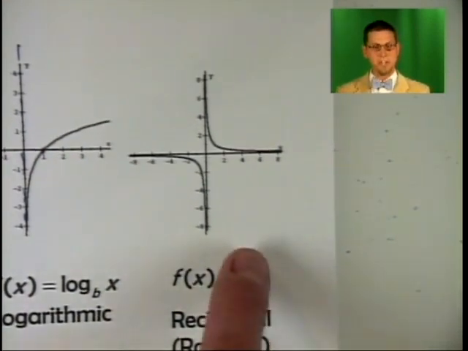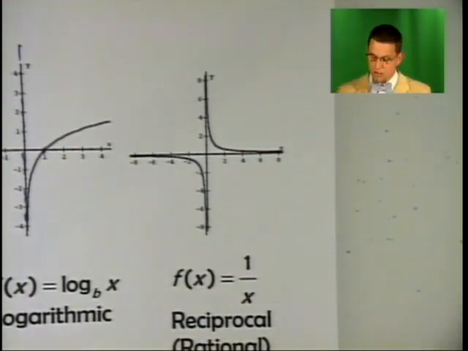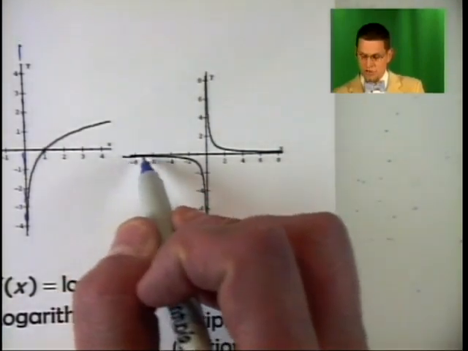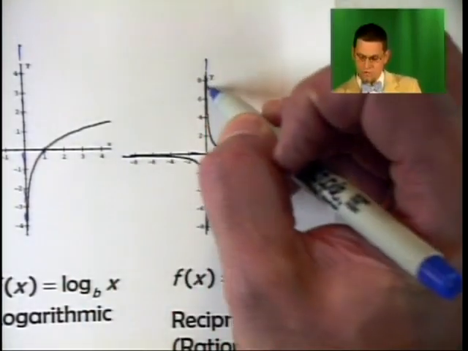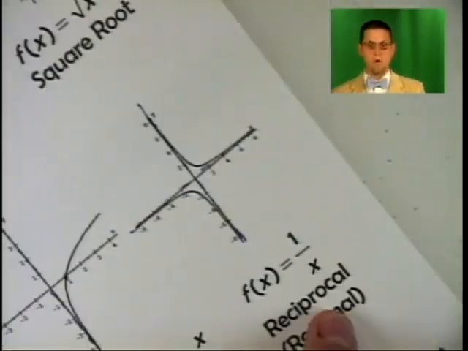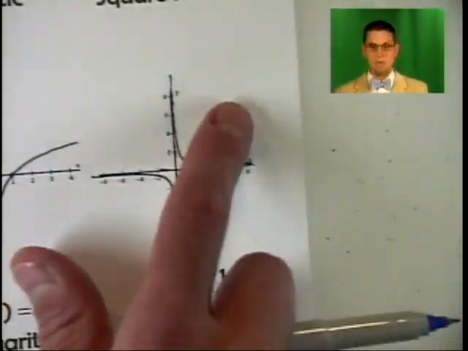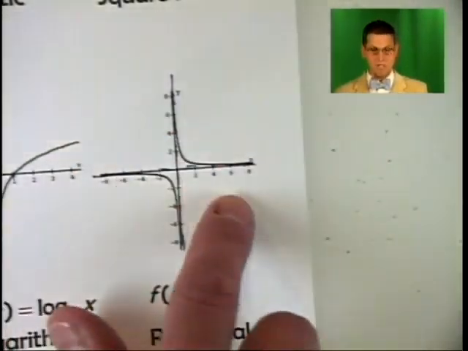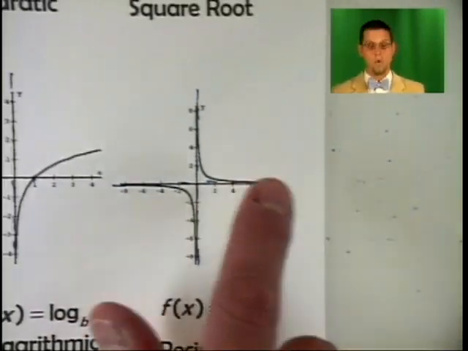It's the reciprocal function, 1 over x. It just reciprocates your input. And this is the one that looks like a hyperbola, if you know what that is, rotated 45 degrees. It lives in quadrant 1 and quadrant 3, and it has a vertical asymptote on the y-axis, horizontal asymptote on